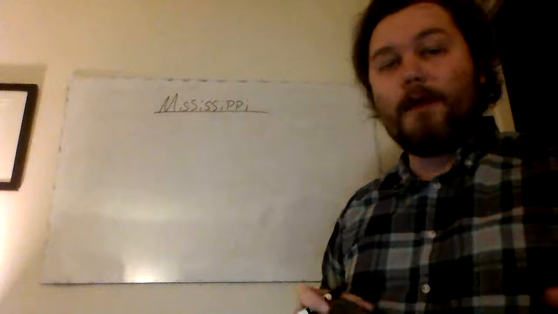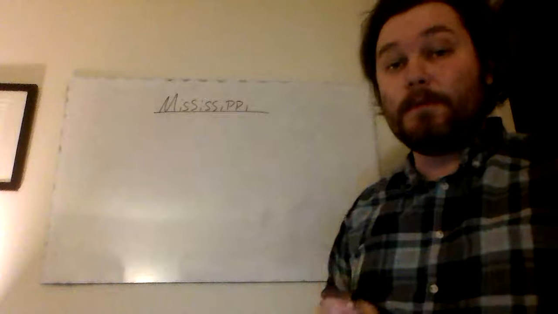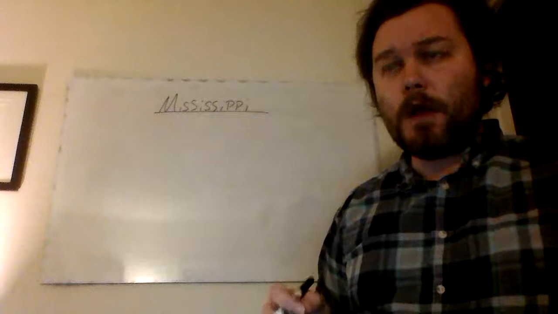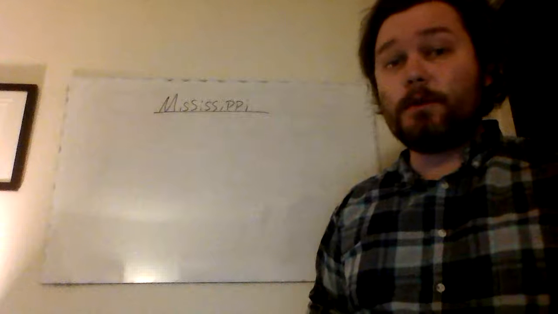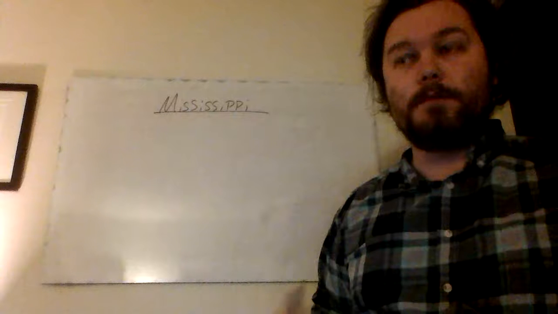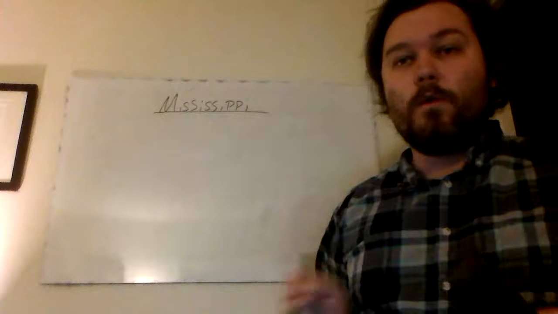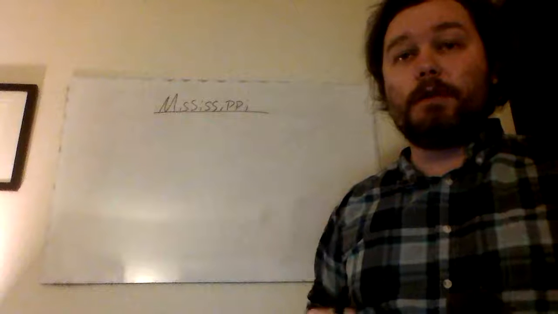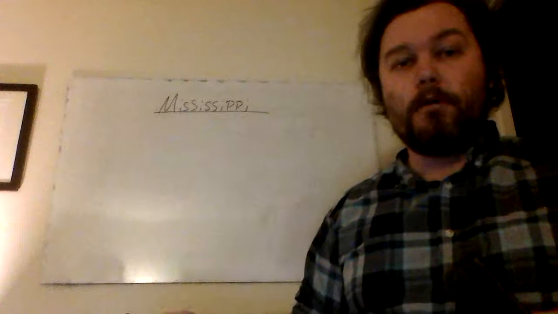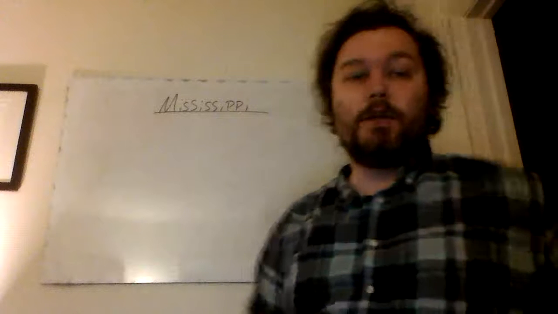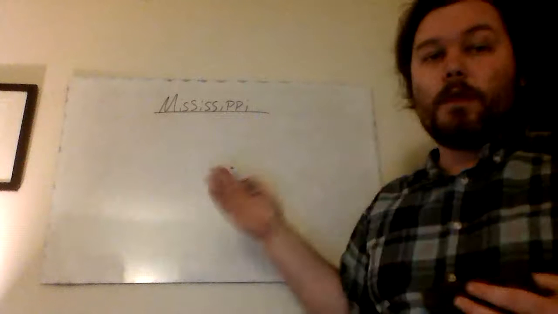Hey everyone, I want to make a quick video. I don't have that much prepared, but I want to go over the Mississippi problem, because even though you might think you understand this problem, it's showing up in more complicated problems and you don't know what to do. So I'm going to go over it again, and I want to make sure that you can see it inside other problems. I call it the Mississippi problem, and that's: how many ways can you order the letters